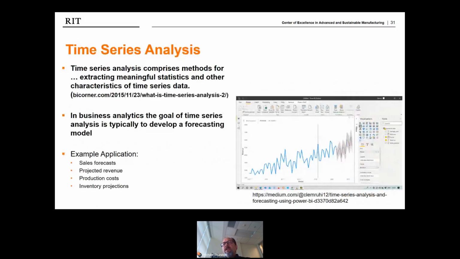There are many types of analysis methods for understanding time series data or relationships between different sets of time series data. Statistical methods are often used. In business analytics, the goal is often to forecast trends. The forecasting example shown in the image here is from Microsoft Power BI. You can see the grayed out range in the graph. This represents the forecast, and the range of uncertainty is shown by the graph with the line representing the mean estimate of the forecast.